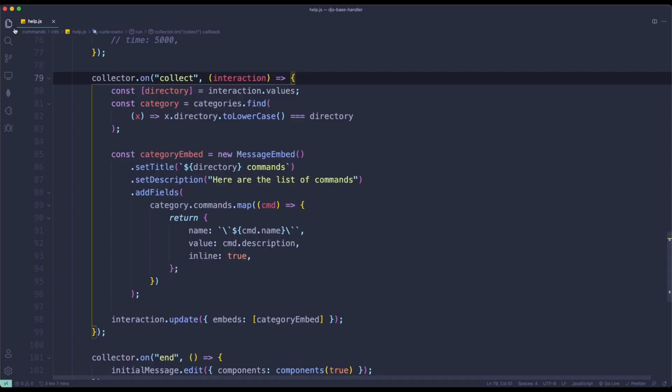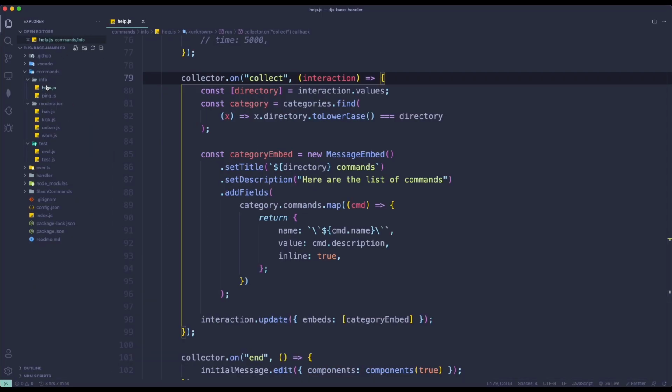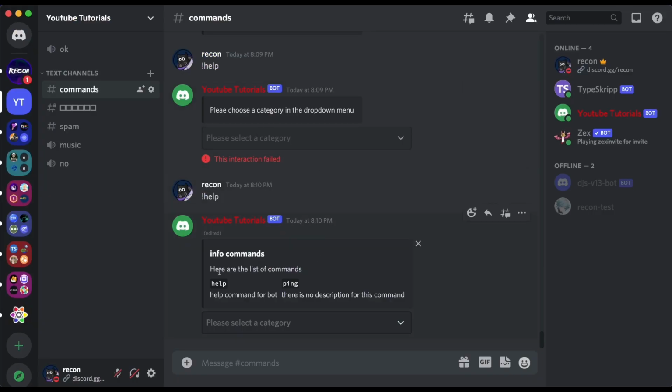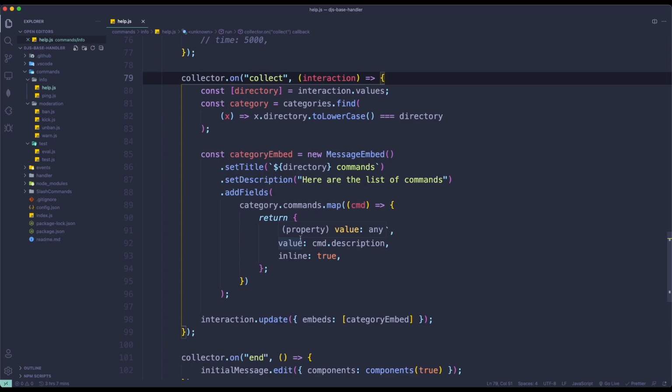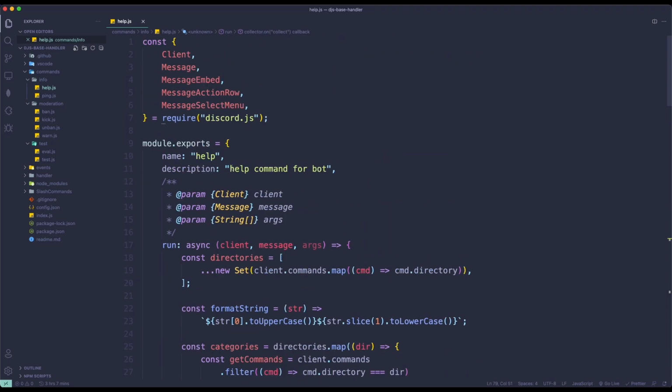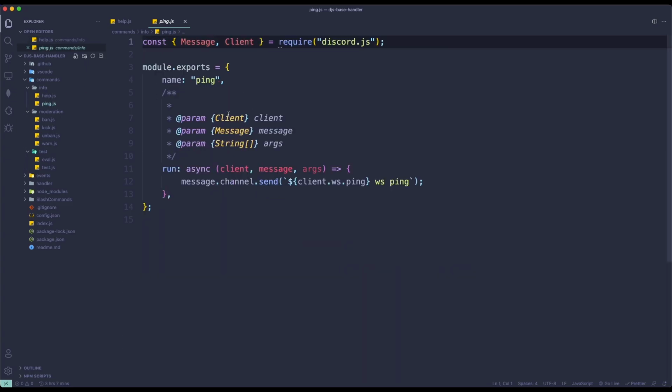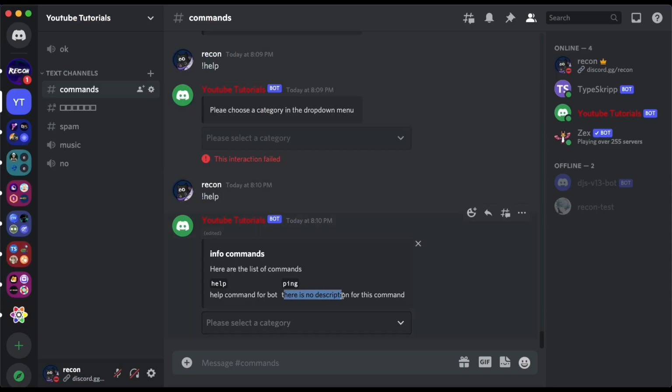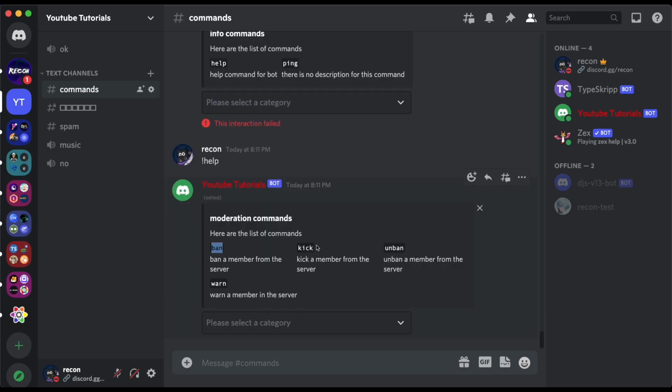So if I go back to my command section, as you can see here, there's a help command. This is the description, so you can find that in here. The description is help command for bot. And if I go to ping.js, there is no description in here. That's why it's gonna say there is no description for this command. If I want to choose the next category, I just need to click on moderation. As you can see here, there's a ban command, a kick command, an unban command, and a